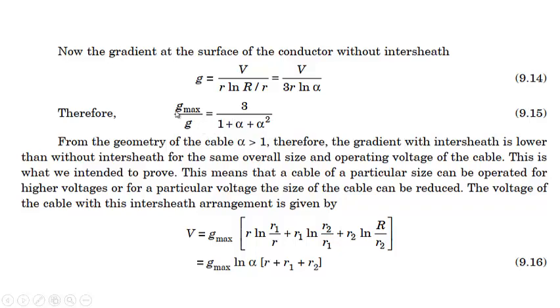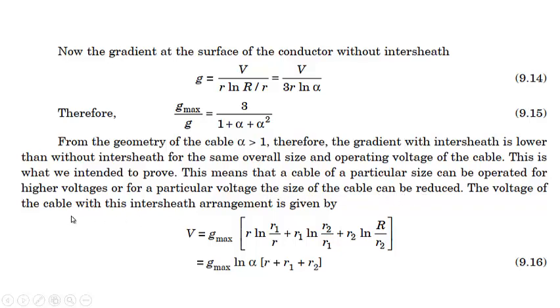When this is less than 1, that means G max will be less than G. So that means the gradient with intersheath is lower than without intersheath for the same overall size and operating voltage of the cable. This is what we intend to prove. This means that a cable of a particular size can be operated for higher voltages, or for a particular voltage the size of the cable can be